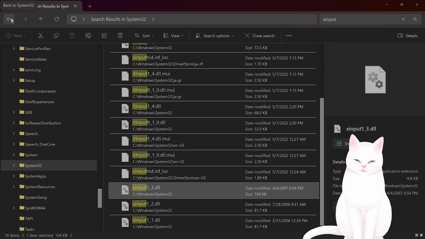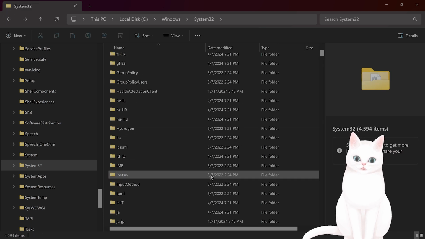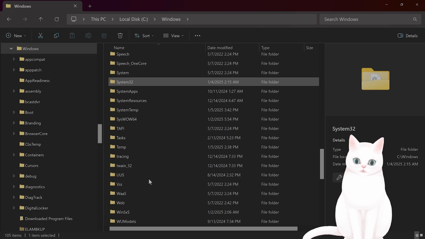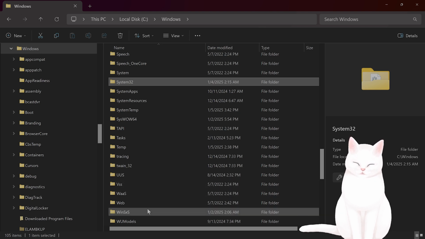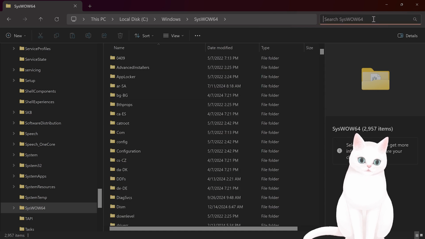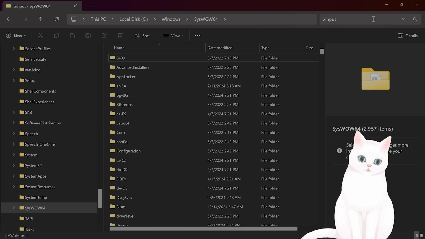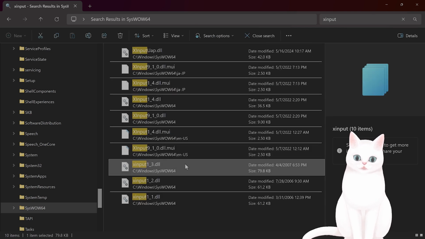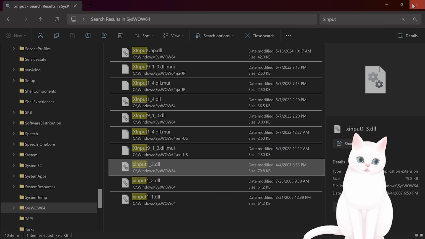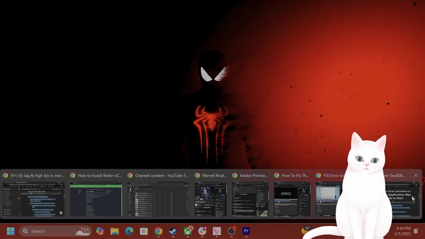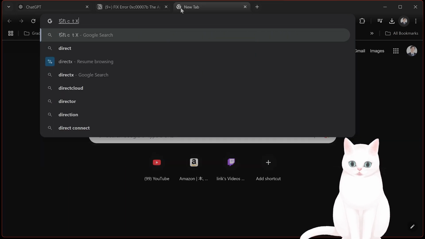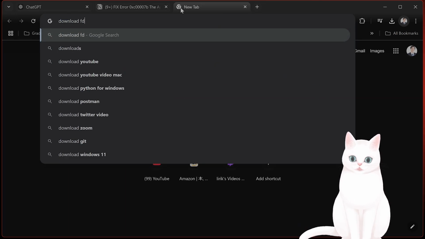And also you want to go into Windows, go back here, go to Windows, and you want to go to sys wow64 and also look for xinput 1_3 and delete this. After you've done that, go into Google, search for DirectX, download DirectX,